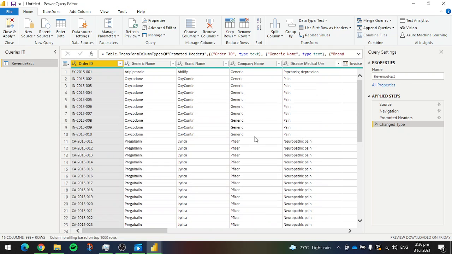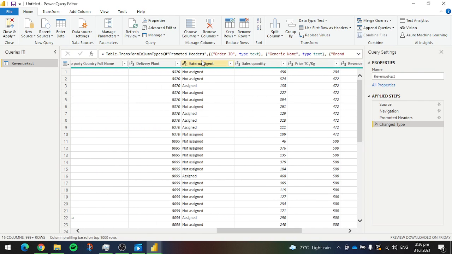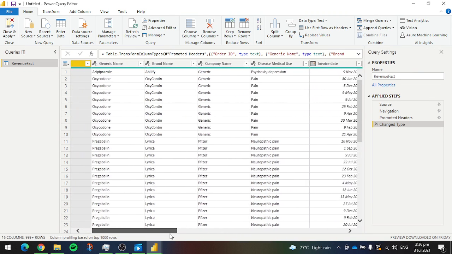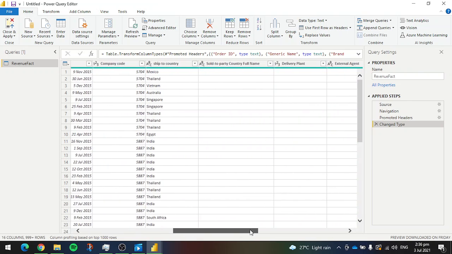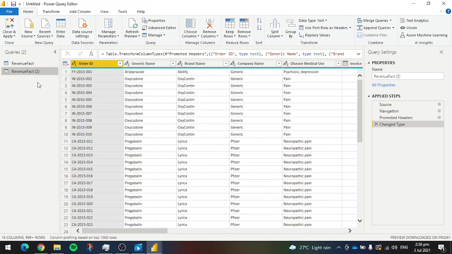Okay, so we're gonna do the dimension table for this one, external agent, and then the dimension table for the date. So this is the fact table. Now, first thing we're gonna need to do is to duplicate the fact table, and this will be our dimension table for